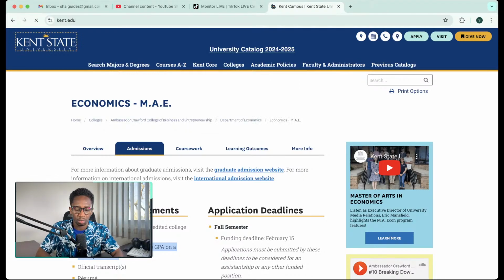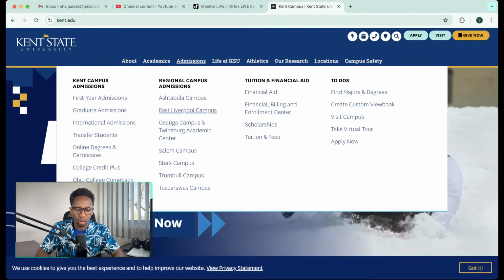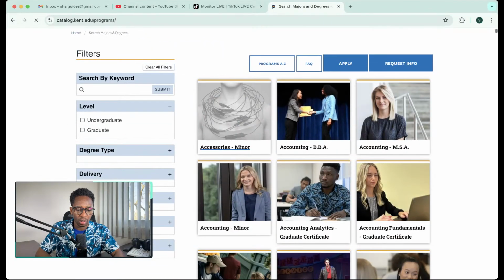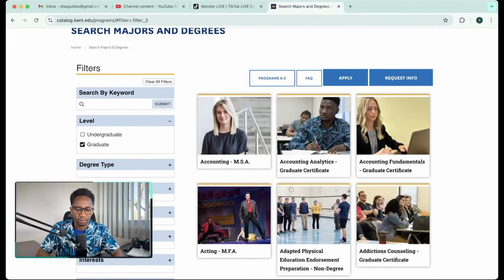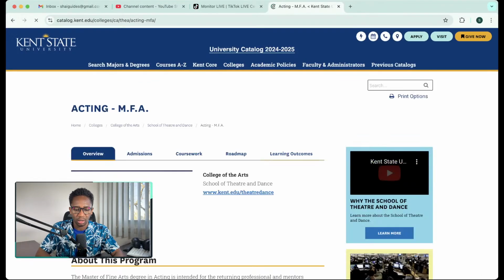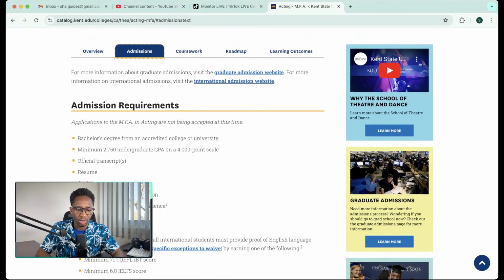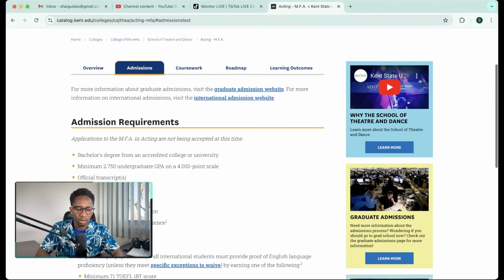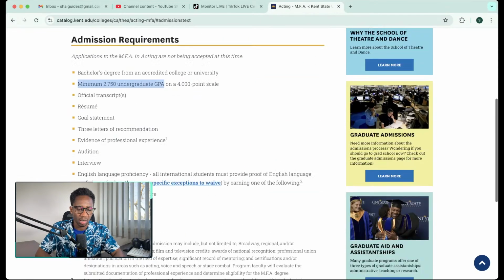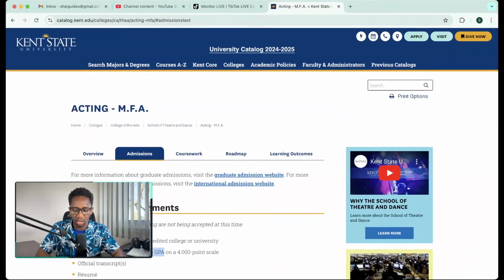Let me just go home, and then from here I can go to majors and degrees, and then graduates. Let me say acting, right? And acting, let's go to admission, and you can see that acting, they also require 2.75, probably for all the programs. So that's good to see. So we have two schools now. We can also check